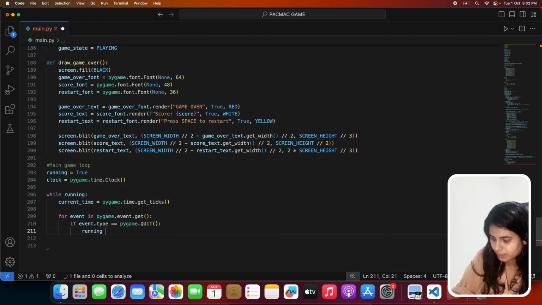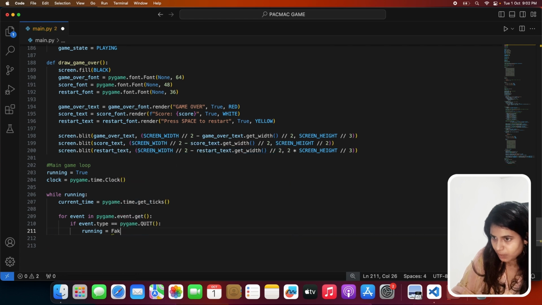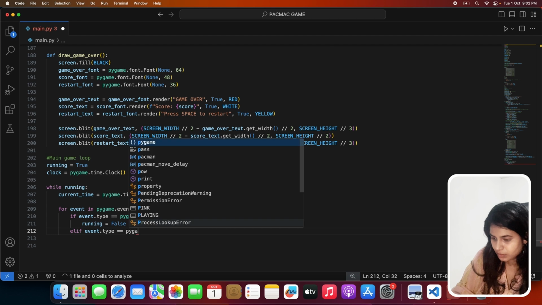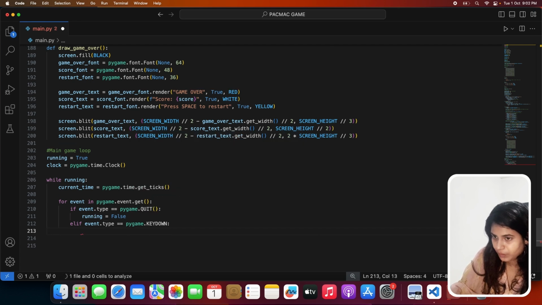So I go and set my running variable to false, meaning the game is over or ended by the player. Next we have the if-else, where I check the event type, whether it's key down. So if the user presses any key,